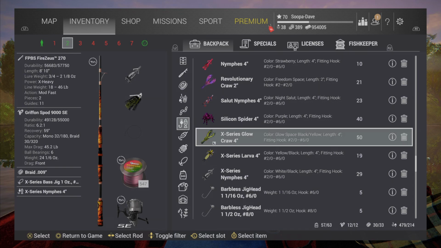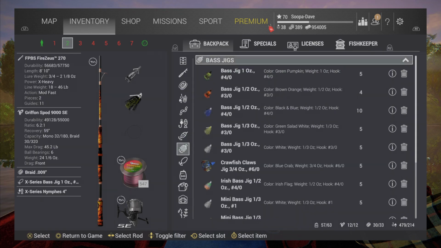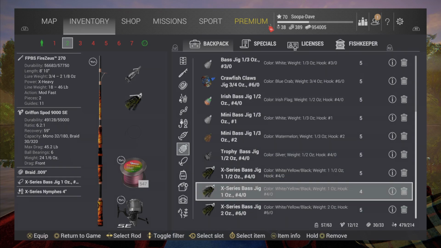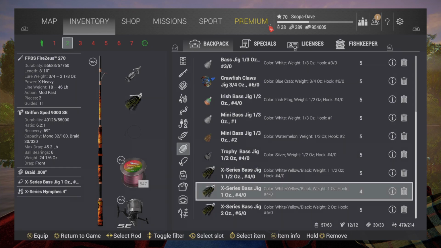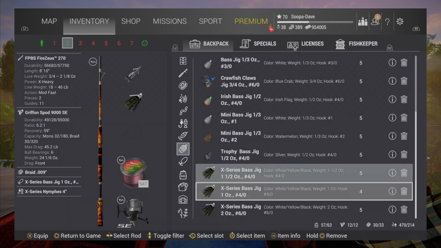But at any rate, guys, you're either going to want to use an X Series bass jig like this, or like these 2 down here, these 4.0s. For our metric friends, these are the 28 ounce and the 42 ounce. This one you get for catching 30 fish in a row, and this one you get for 30 days at Florida. But you either want to use the bass jig, or